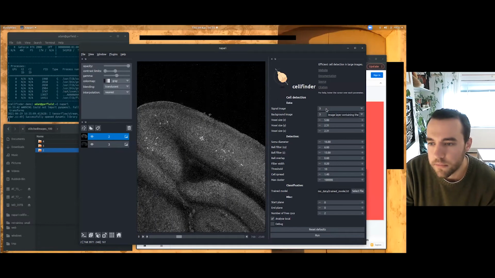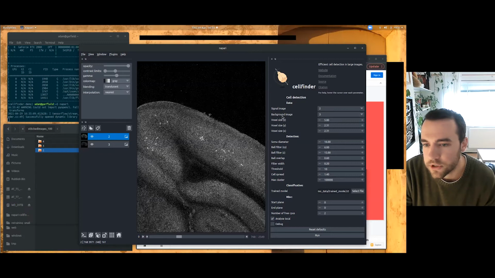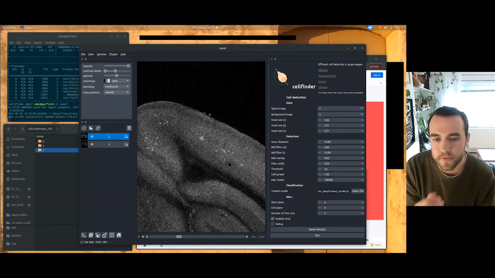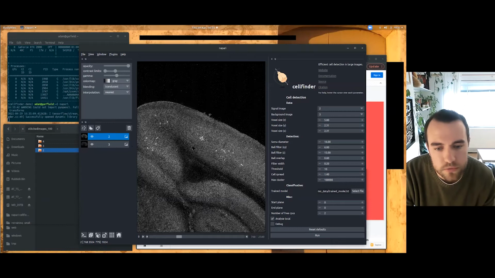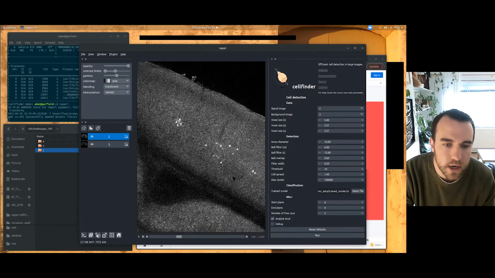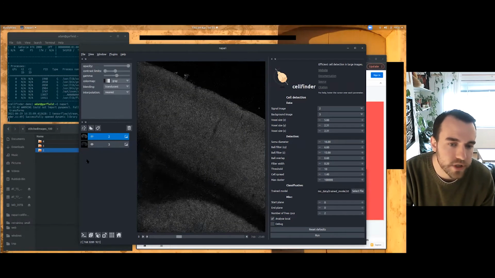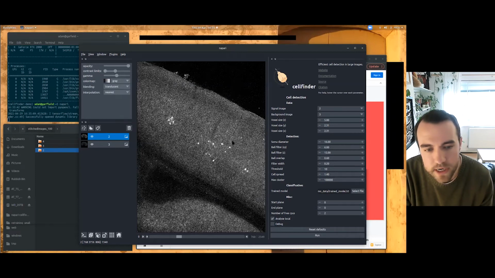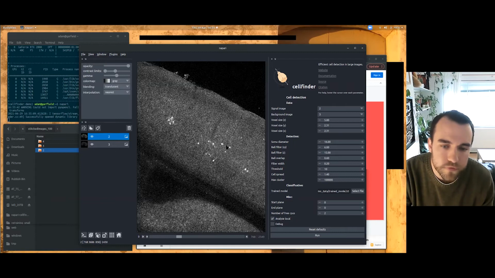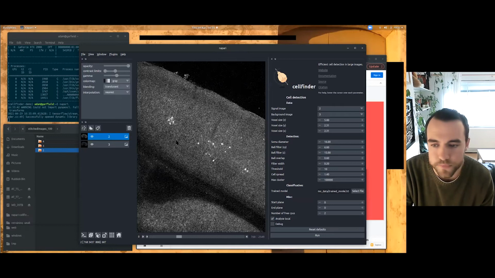And the most important thing is to set the signal channels, because this algorithm works on 2 channels of data, one of which is the signal channel where you can see these cells, where you have your fluorescent label, and the other one is typically an autofluorescence channel, which has similar kind of autofluorescent background signal, but doesn't have these labeled cells. So the idea is that it uses both the size and shape of the cells to classify them, but also the relative intensities in the signal in the background channel.